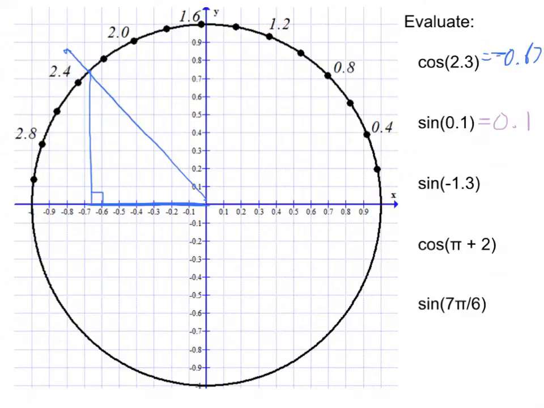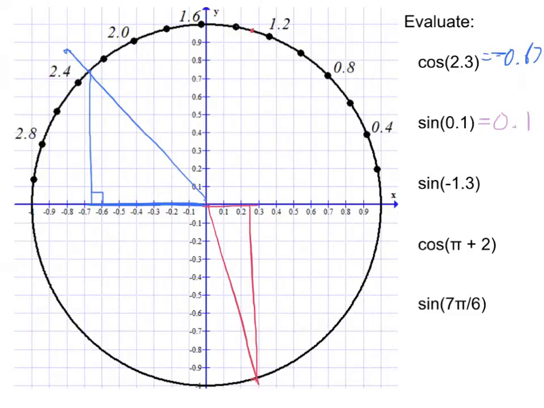Next up, the sine of negative 1.3. I'll go red on this one. So, where is negative 1.3? Well, this is positive 1.3, so negative 1.3 should be the same amount down this way. So if I draw in this triangle,